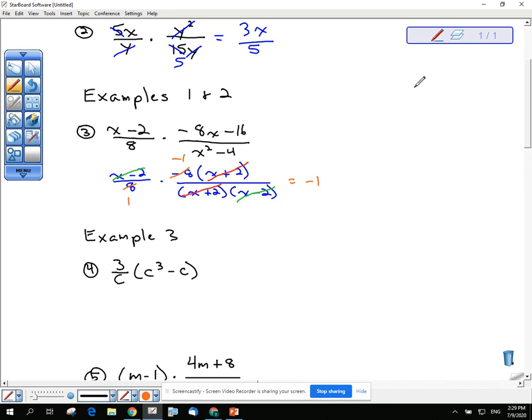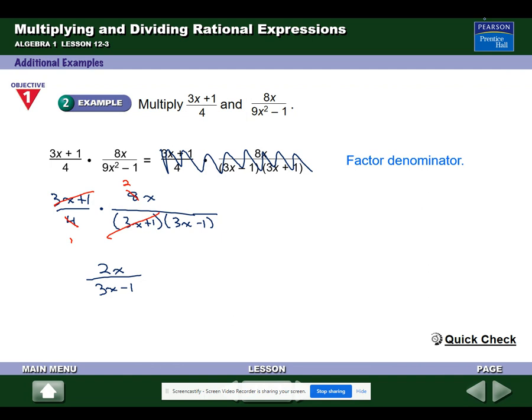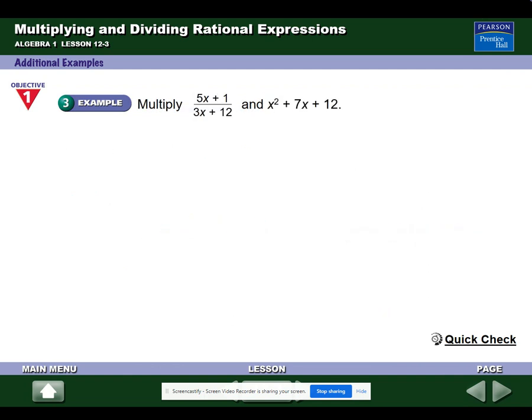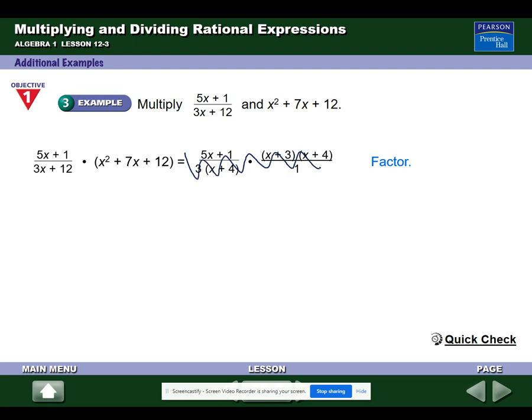Okay. Next example on the presentation software. Again, multiply. This is what the problem will actually look like. But again, look to factor. And you know that when you have something that's just written this way as a polynomial, that's understood to be a numerator, right? So as I factor this, I will put it over 1 too. This is factorable. There's a GCF of 3. Let's take that out. That would leave me with x plus 4